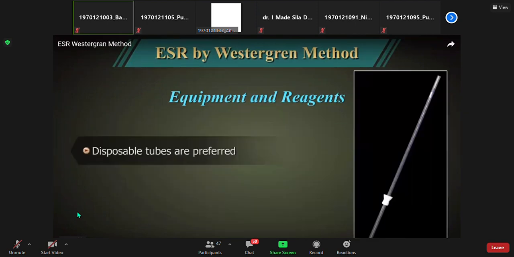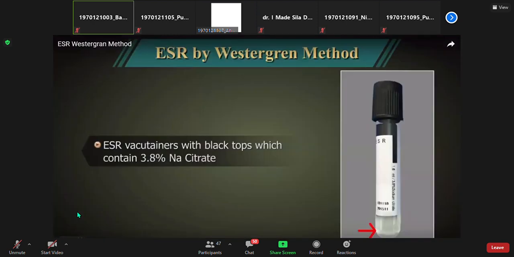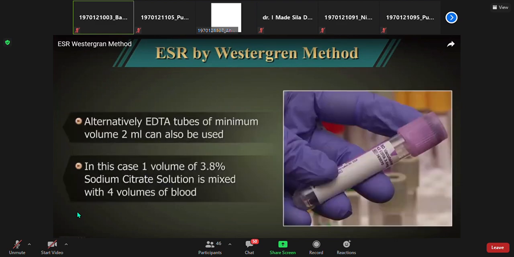Disposable tubes are preferred. Timer. ESR vacutainers with black tops which contain 3.8% sodium citrate. Alternatively, tubes of minimum volume 2 milliliters can be used. In this case, one volume of 3.8%